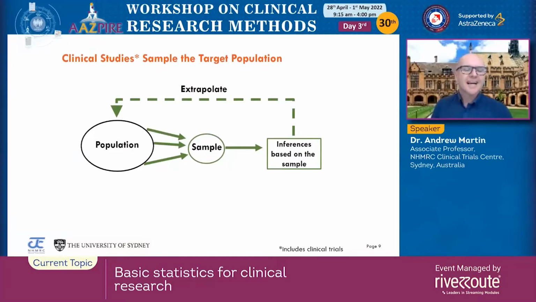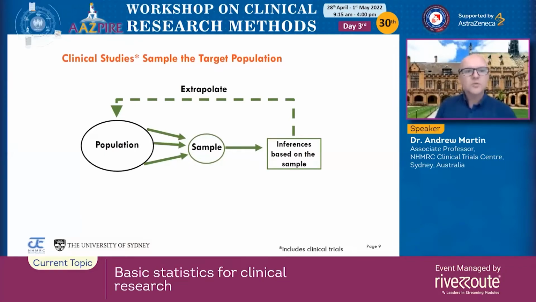Well, we draw a sample, a representative sample from that target population when doing our clinical trial, when doing our clinical study. We make some measurements on the sample, and we then, on the basis of what's been observed, make some inferences back to the entire population. So let's go through this process now with our